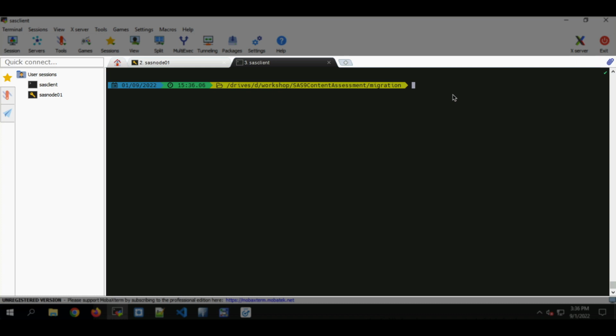The Import SAS9 Packages application, which is delivered with Content Assessment, supports importing multiple packages at the same time, so a bulk import. The application supports packages that include stored processes or DI Studio jobs. It uses the transfer plugin of the SAS Viya CLI to import that content, and it's designed to be used with packages created with the Create SAS Packages application, which we did when we exported. So let's look at using this tool.